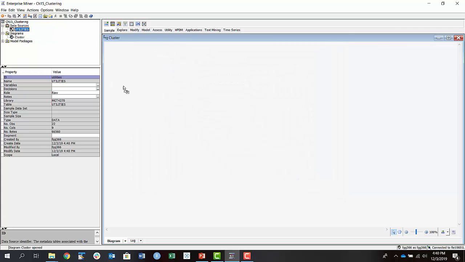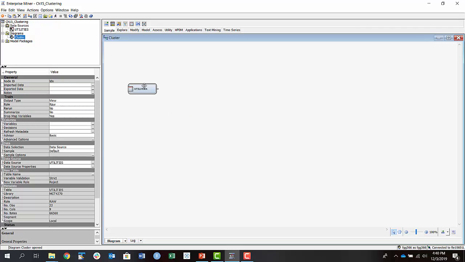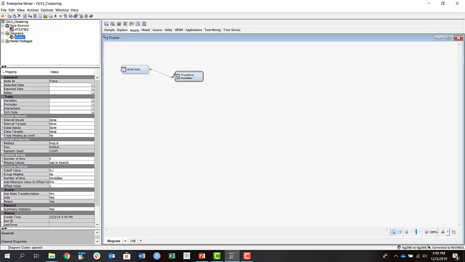Okay, now bring in utilities. Remember, before we do clustering, we need to transform interval variables. So here is interval variables, default method. Okay, let's use range. So this does range transformation. Okay, then clustering,